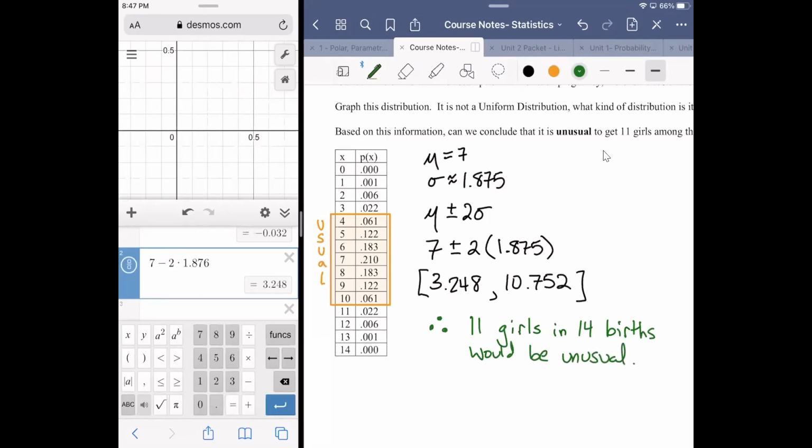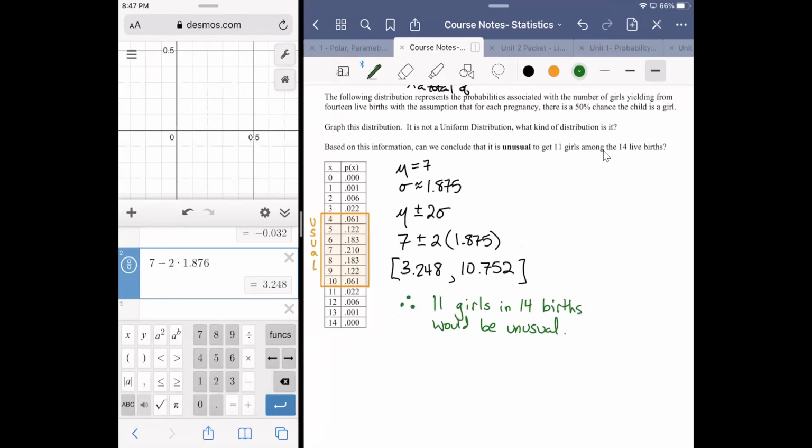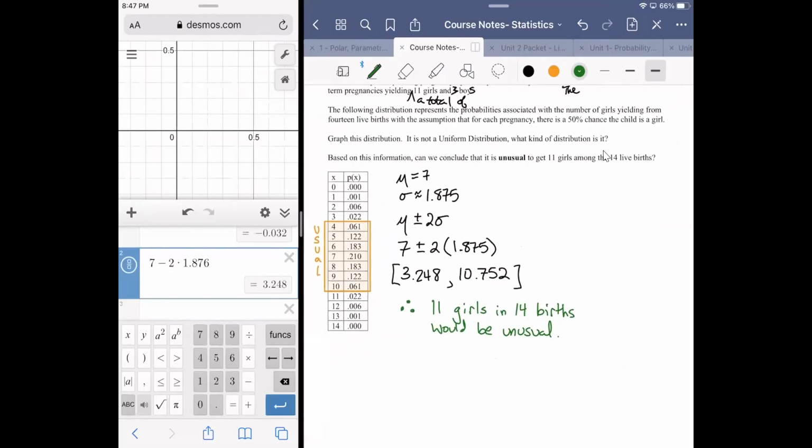Unusual on the high side, but what that's telling us is that if we left it to chance alone, you let the fates decide, it would be unusual to get 11 girls in 14 births. The closer you get to 7, the more likely you are to have a strong probability. So if there were 14 children born last night in the local hospital, how many do you think were boys and how many girls? If you guess around 7 either way, you're playing it safe. If I said 6 boys and 8 girls,